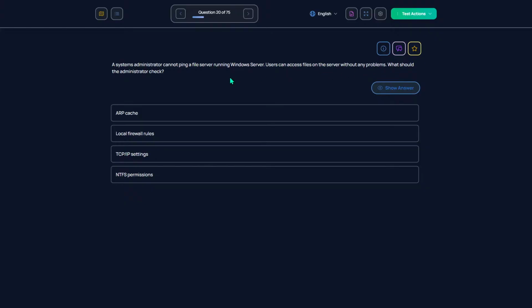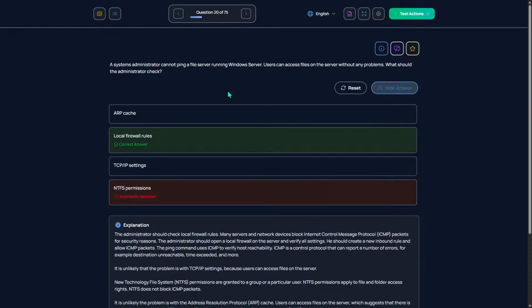Should the admin check NTFS permissions? Oh, firewall rules. The firewall's not allowing connection to the Windows server, I guess. I don't know.